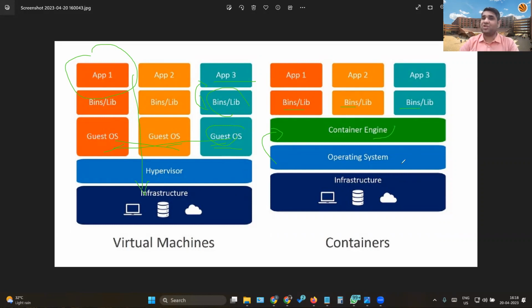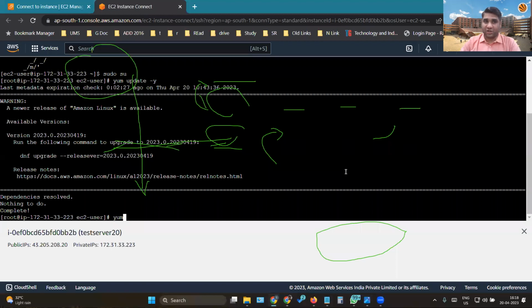So containers have some advantages over the virtual machine, which was the initial concept of virtualization over which cloud came into place. One of the ways in which we create containers is Docker. Docker is a containerization tool which helps us create, host, and launch containers.